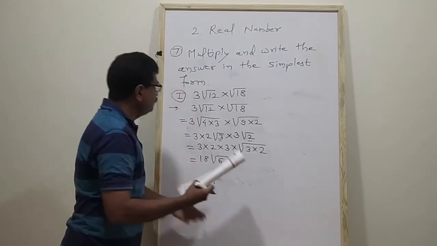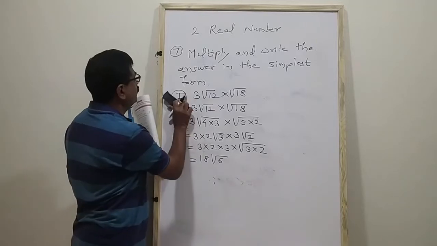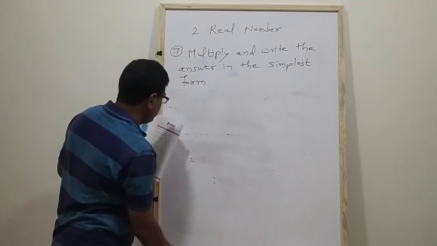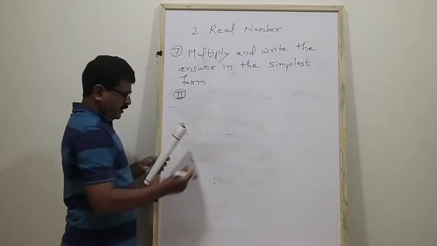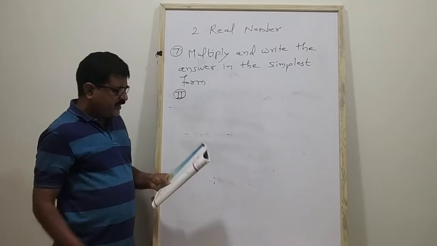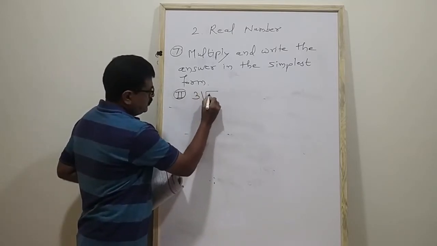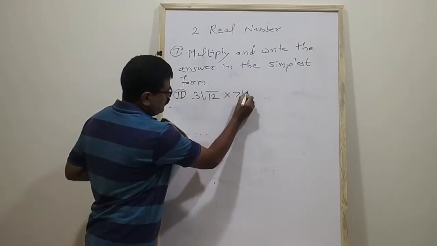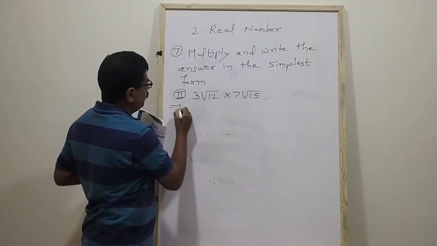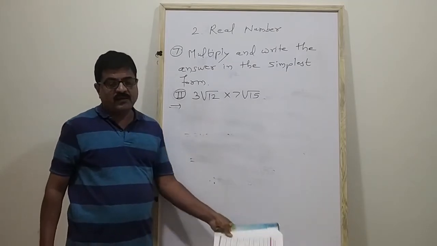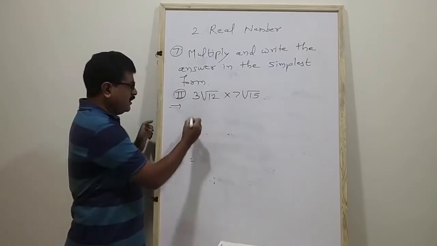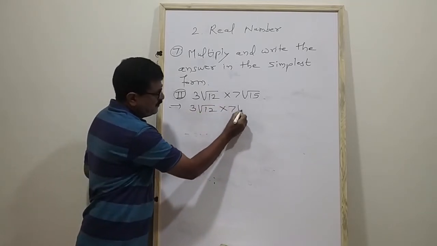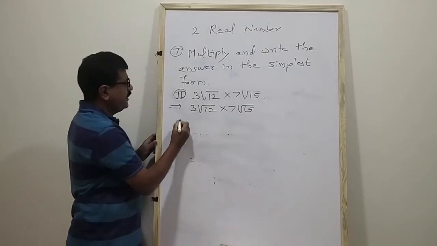Now second example, number 2: 3 square root 12 into 7 square root 15. 3 square root 12 into 7 square root 15. Now first write down given as it is: 3 square root 12 into 7 square root 15 is equal to,